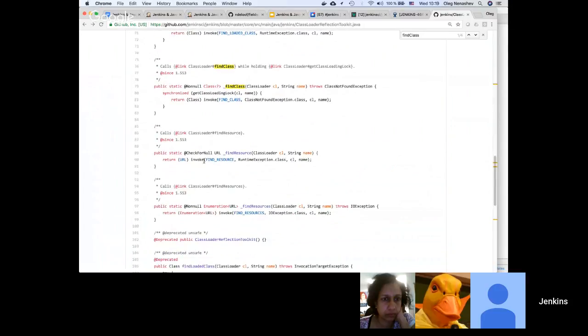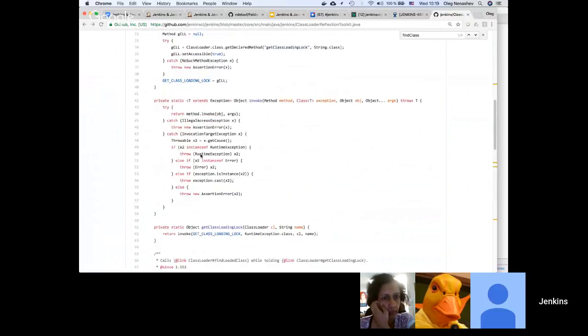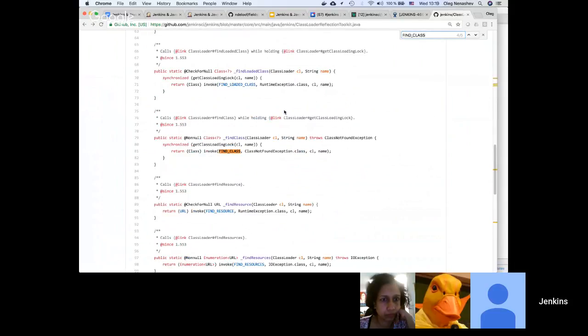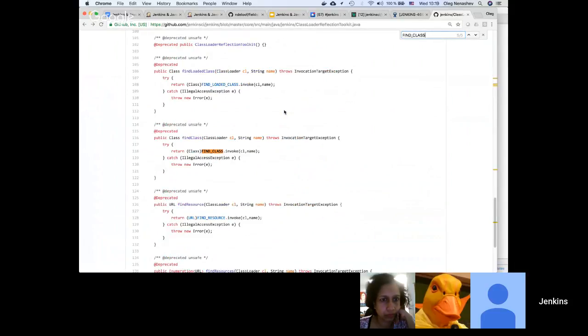So here we can see these APIs, and for this particular method, we have find class. So let's see how it's used. It's a private static field, so it's not used outside the class. So the code is localized. And here we can see two invocations.